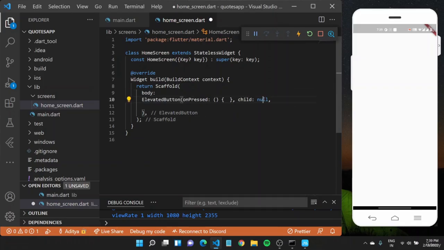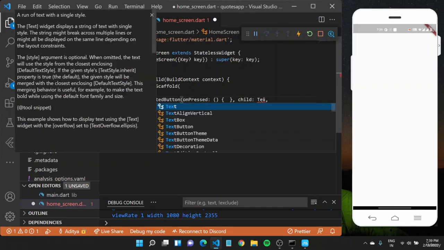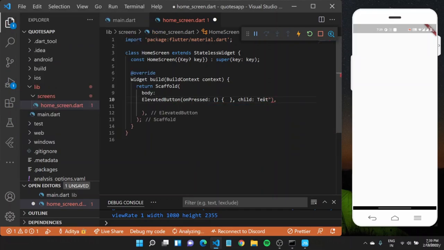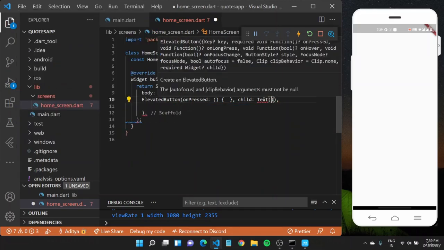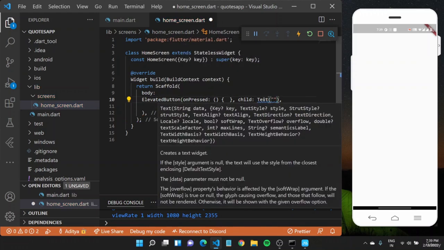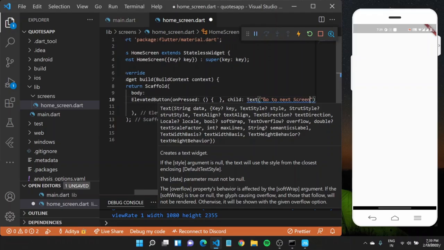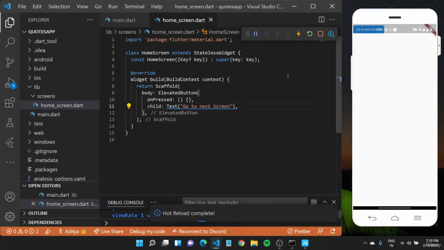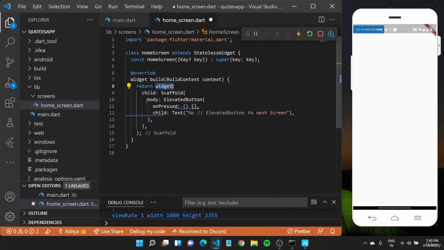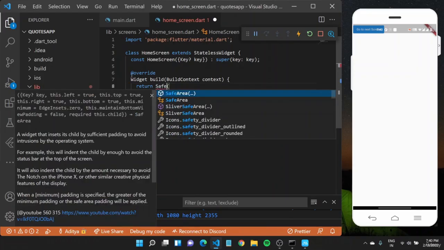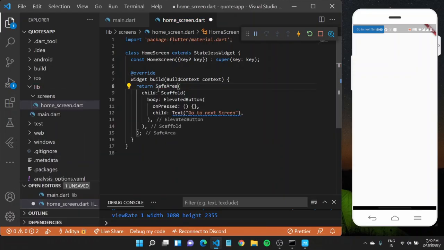This child can be some widget, such as Text. For now, since we're using it to go to the next screen, let us say that this text is "Go to next screen". If I save this file really quick, you'll see a button appear here and it is right under my notification bar. So to avoid this from happening, we also have another widget called SafeArea,